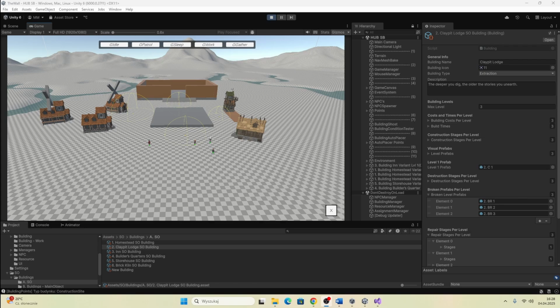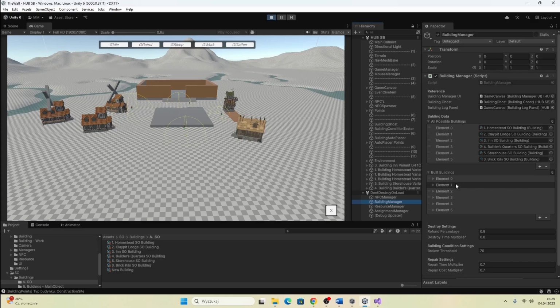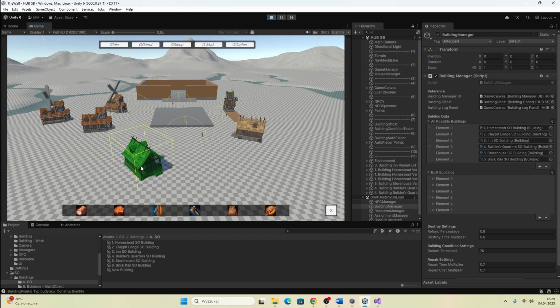Okay, we know right now that basic information about every building is in our scriptable object: right, max level, building times, cost, or the level prefabs. But the current situation of each building is stored somewhere else, in the building manager. As you can see, right now we have 6 buildings and the same number of elements. Let's add an additional one, for example this one,